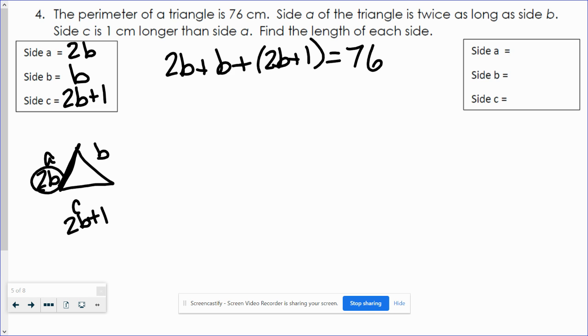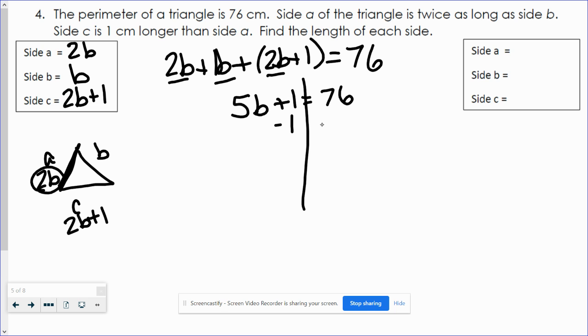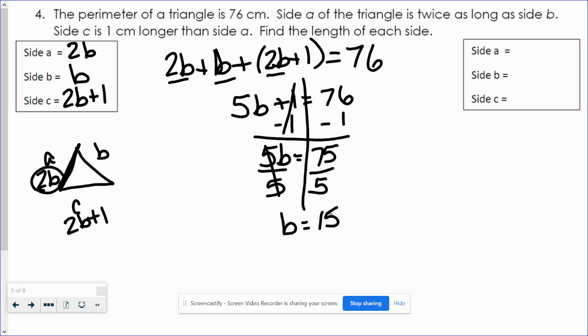And the perimeter is 76. So when I add up all my B's, I've got 2 of them here and 2 of them here. That's 4. And then here's one more. That's 5B plus 1 is 76. And I'm going to just go ahead and solve this. That should be pretty easy by now. So I'll have 5B equals 75. Then dividing by 5, I get that B is 15